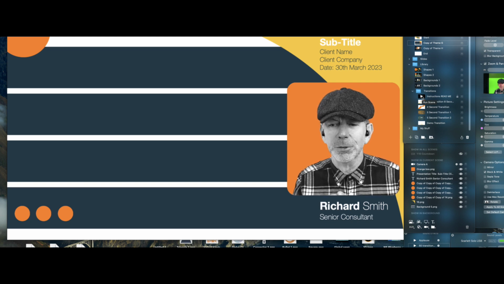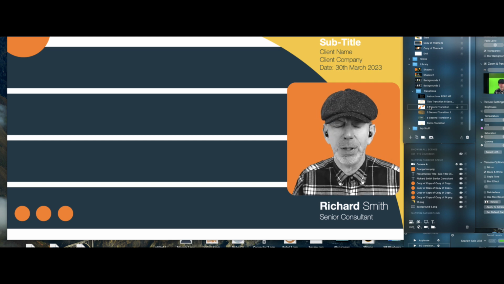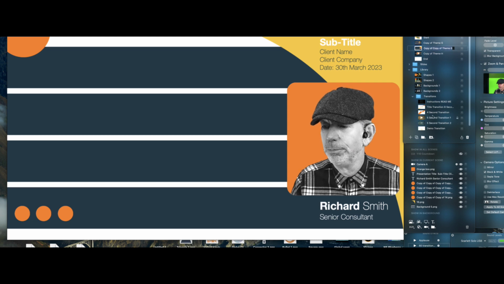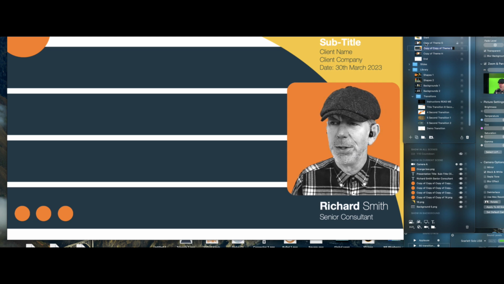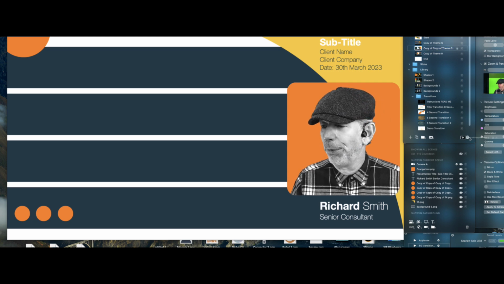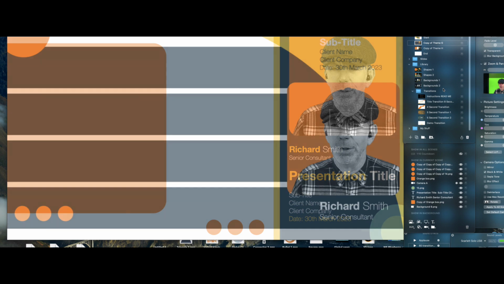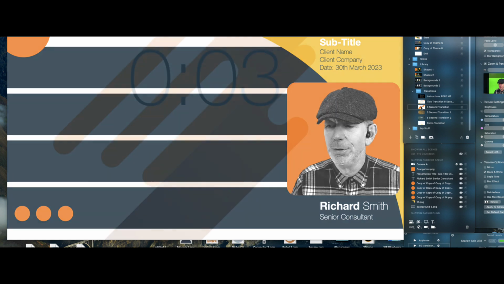So read those instructions, but essentially what they're going to tell you to do is what I'm going to show you now. If I wanted to make a copy of this 4-second transition and use that, then what I want to do is duplicate that scene, or I need to go onto it first before I duplicate it, because of course I've now just duplicated the scene I was on. So let's put the mistake in the bin, go to the scene that I was on previously, and come down to the 4-second transition and make a copy of it and then drag it between those two slides that I've got. So onto the 4-second transition,